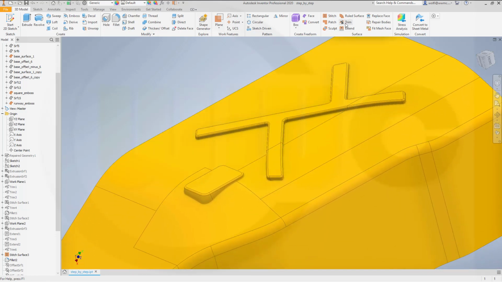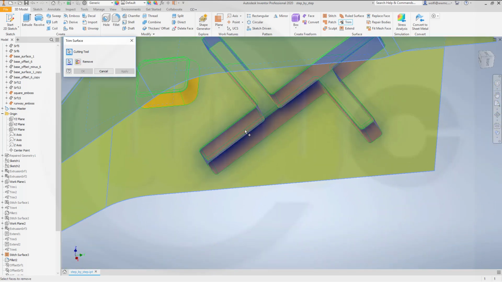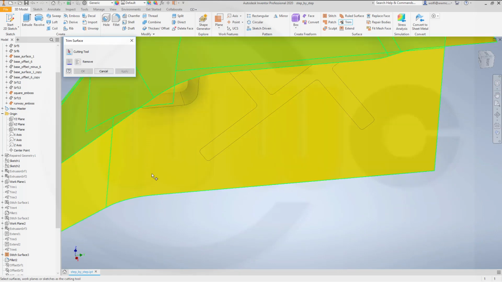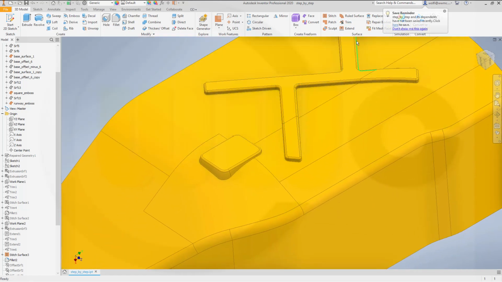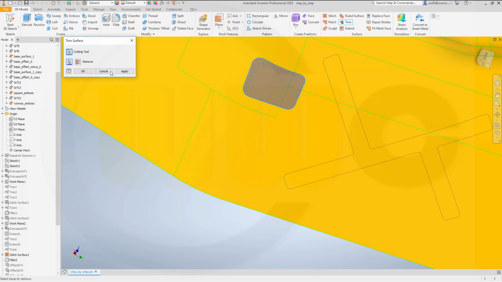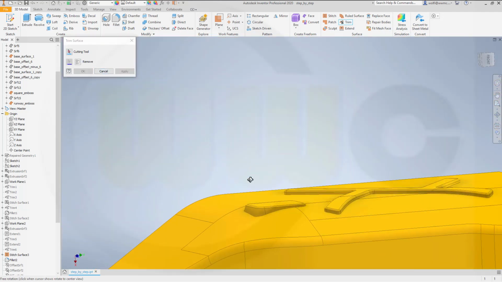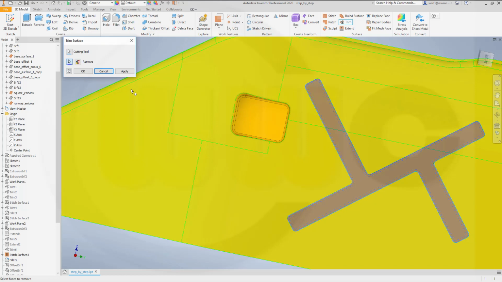Now I could trim. I want to trim. That's the tool, and I want to remove this one, and I can only select one, apply, same tool, cutting tool would be this one, and now I want to remove that side. Okay. Now use this one as tool and remove that face, apply, then use that one as tool and remove this face. Okay,